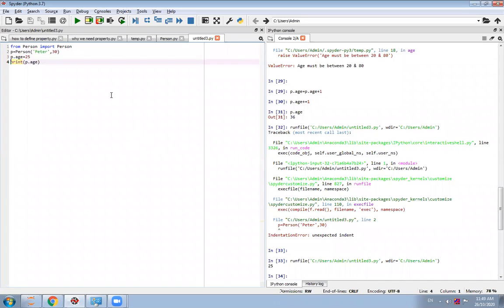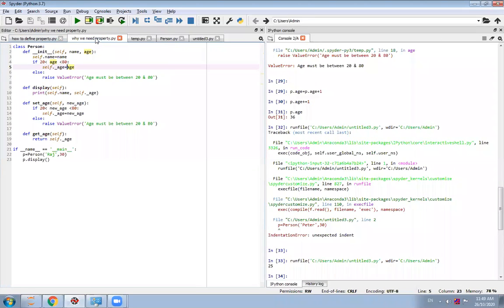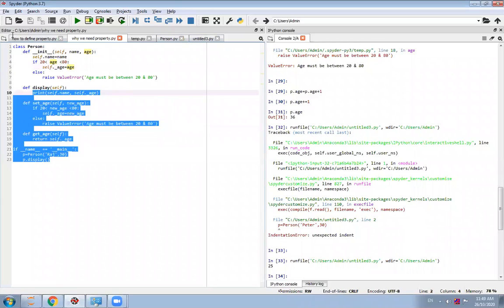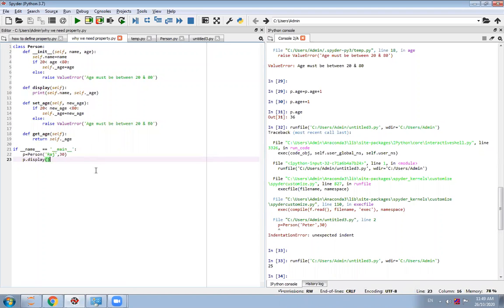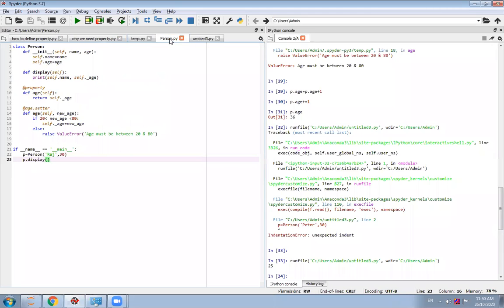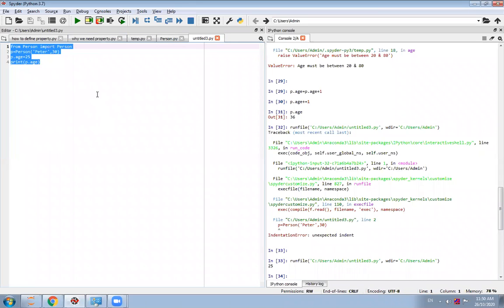See here, for example, the class is one and there are multiple clients. By using this kind of age, by this program, we can easily access the age. If you try to access age from the program without property, you will come to know you cannot access the age. You have to use get_age, otherwise if you write only age, it won't work. This is an assignment for you to do. Understand this concept.